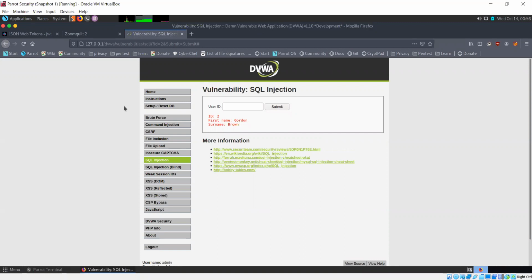We don't see it here anywhere, but in the background there is an SQL query running, which would probably be something like select first name, last name from whatever the table name for the users table is, where ID is equal to whatever ID we specify here. So it would probably be something like this.